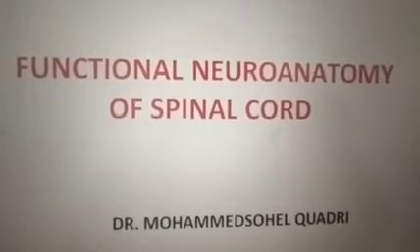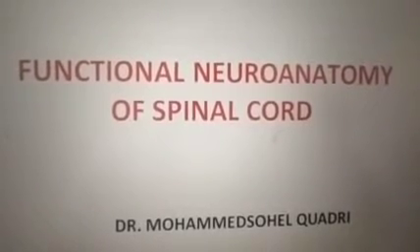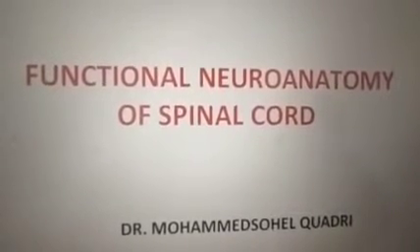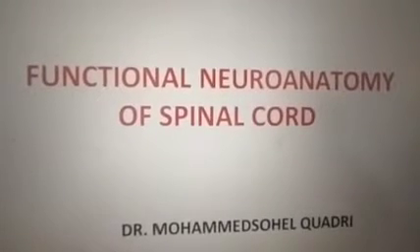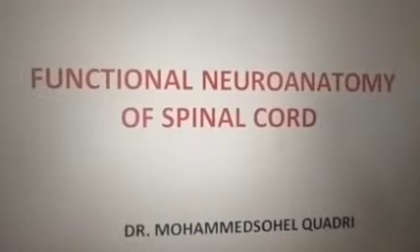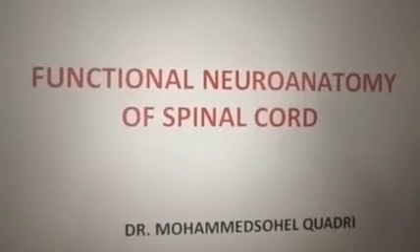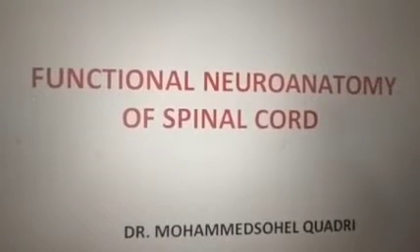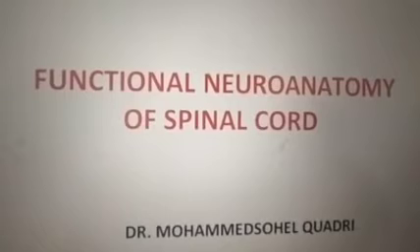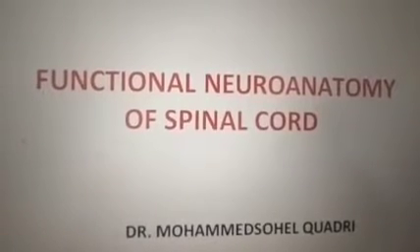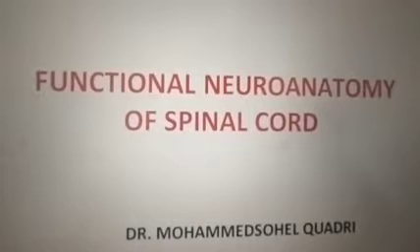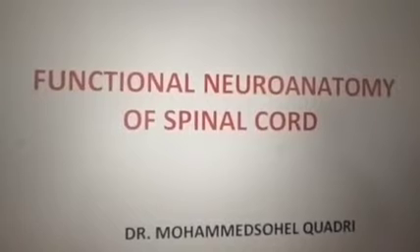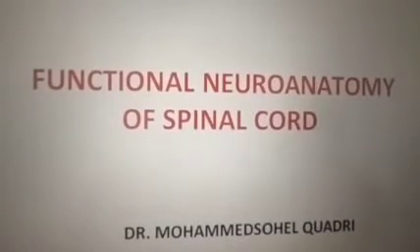Today we will learn about a new topic in CNS, that is hemisection and cross section of spinal cord. So, before directly landing in cross section and hemisection or injuries of spinal cord, we must know the basics of the functional neuroanatomy of spinal cord: what are the basic structures and what is the function of each. Then we'll go into the cross section or complete section of spinal cord. So for that we are starting with the basic neuroanatomy of spinal cord.